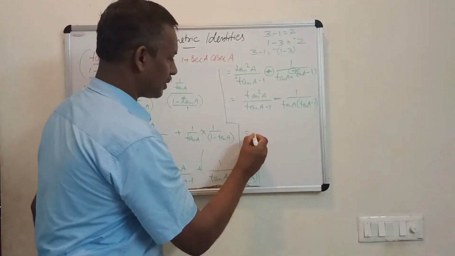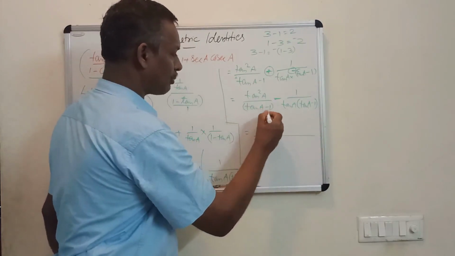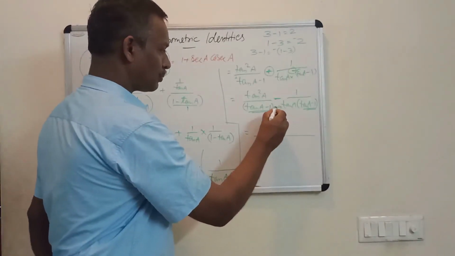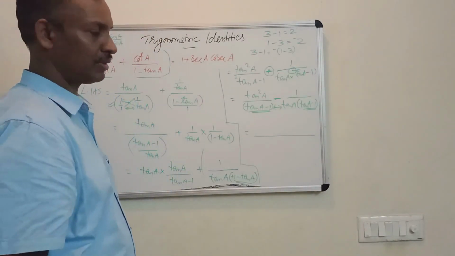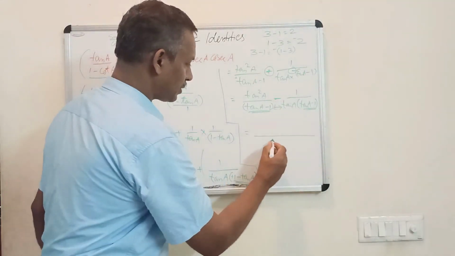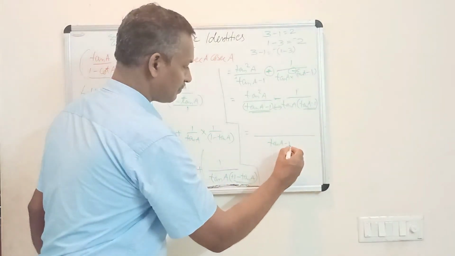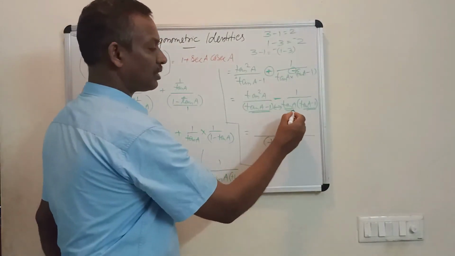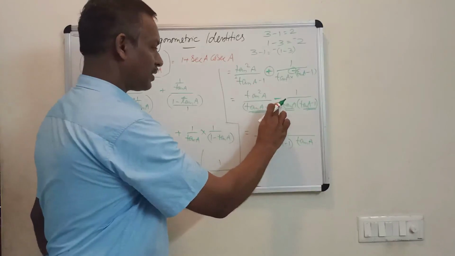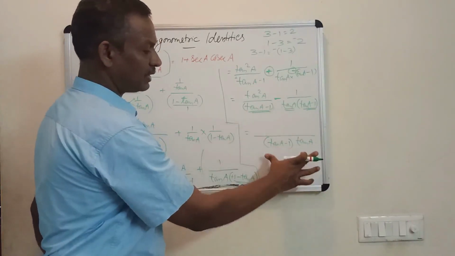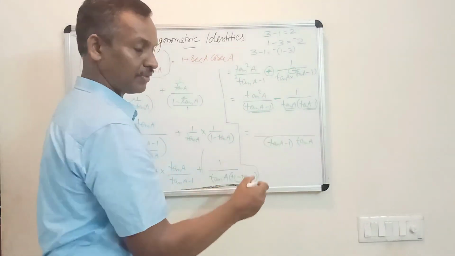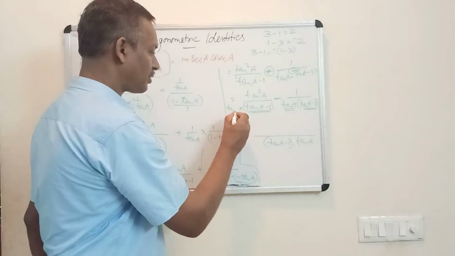Now we can take the LCM. As in normal LCM, if there is any common factor, it will come only one time. We should not multiply, and the cross multiplication method is not advisable here, as there is a common factor. There are many methods other than this also. If there is any common factor, you write that common factor first, and whatever is extra, you also have to write. If you look at the first denominator and this LCM, the LCM has something extra, that is tan A. With that tan A, you have to multiply numerator and denominator.